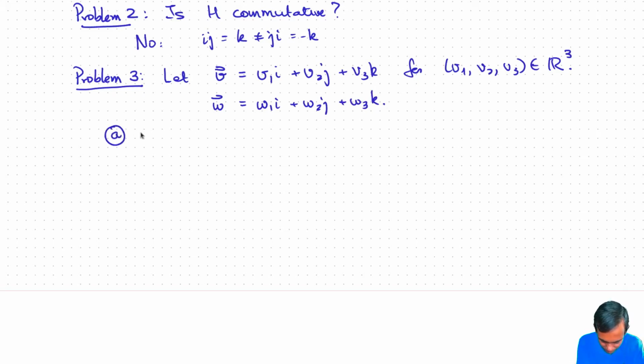Part A, show that if I multiply V and W, then this is equal to minus, so the formula is really beautiful. This is multiplication in the quaternions, and now I'm going to introduce the dot product of vectors. So maybe from now on, when I'm multiplying quaternions, I'll leave out the dot entirely, as we often do in rings. V times W is minus V dot